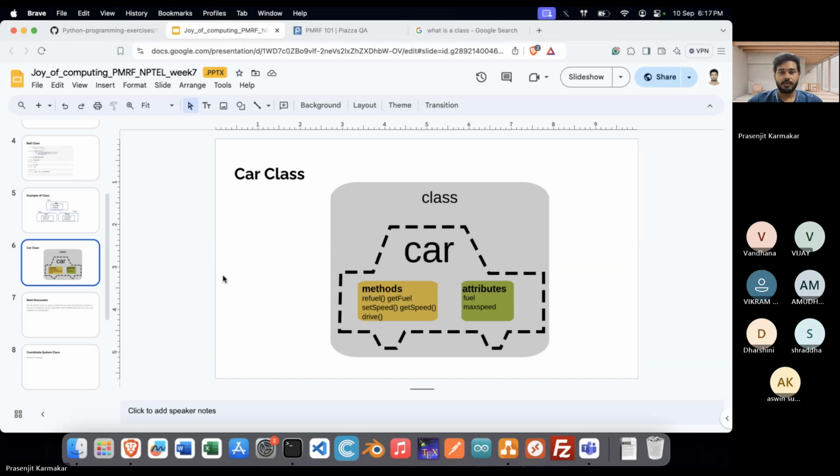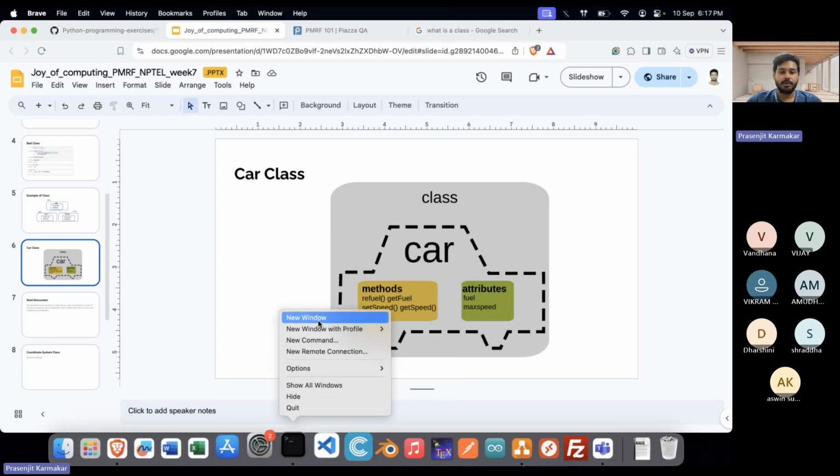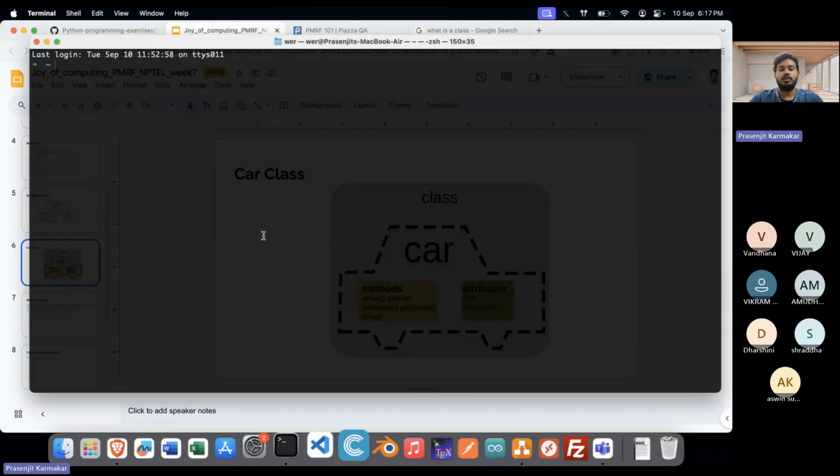Okay, now let's see the syntax first, how we can define a class. We'll go with a very simple implementation first, so that we already know what the properties and functions are, and then we'll generalize it. Okay,